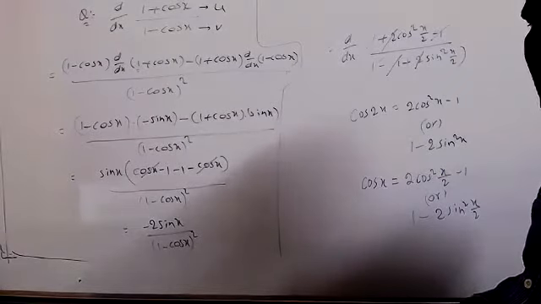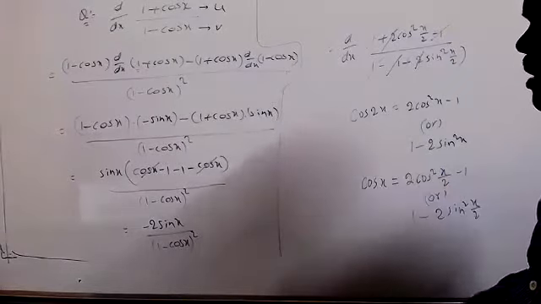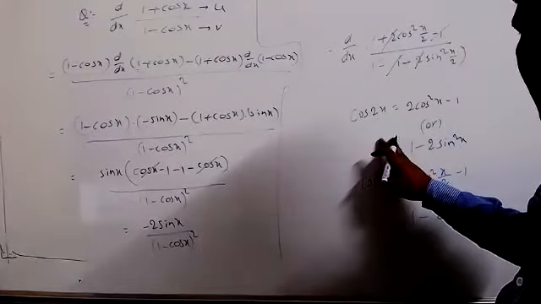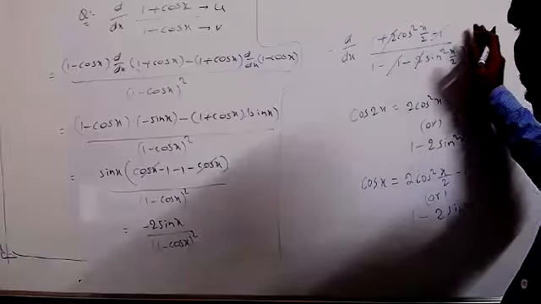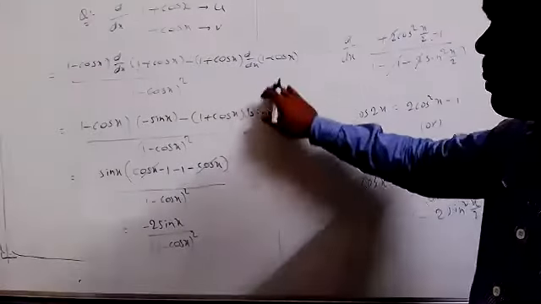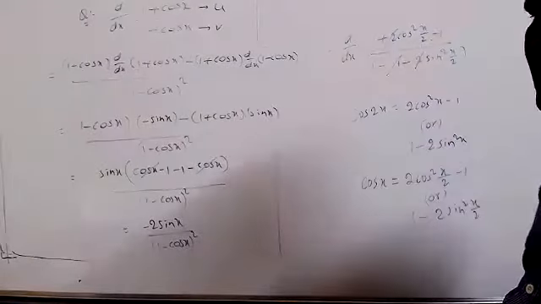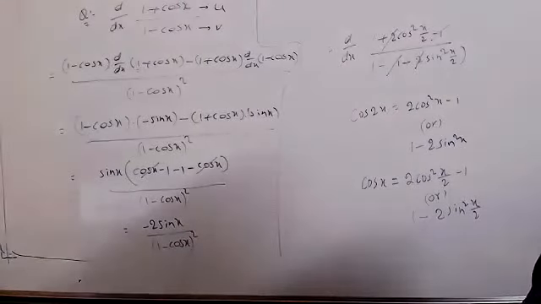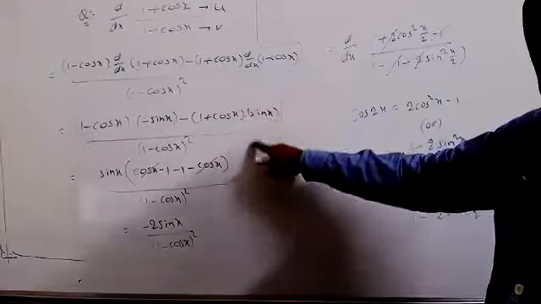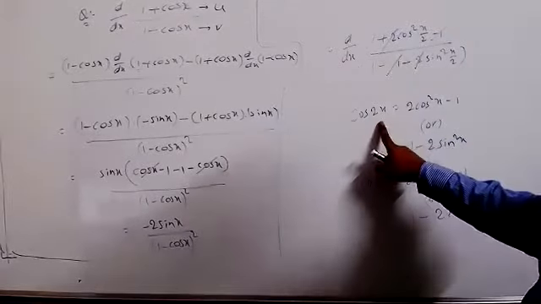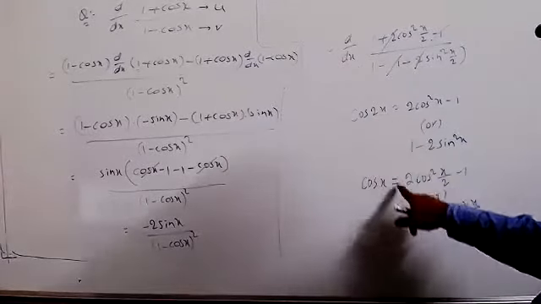Understood now? But that is the counting into sin and cos, also the same thing only. But this is the lengthy way. So that's why instead of taking this method, we're applying the u by v formula here. This is very easy. So easily we got the answer. Okay, so that is your choice only. Whatever method you feel is easy, you can do that in the examination. My suggestion is you solve using only this method, but don't solve this one. You also get the answer, but it will be lengthy.